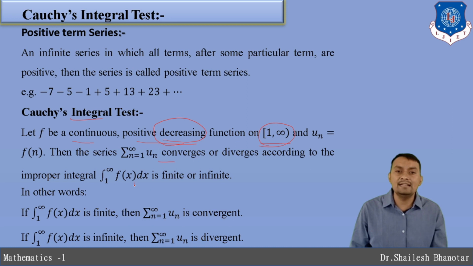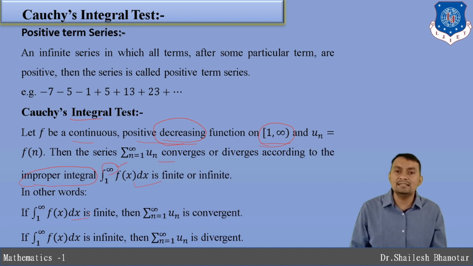If we get this answer as a finite quantity, then it will be convergent, otherwise it will be divergent. But why is it known as the improper integral? Because if one of the limits of this integral or the integrand is not finite, then we can say that the given integral will be an improper integral. In this particular case, infinity is one limit, and therefore the given integral is improper.